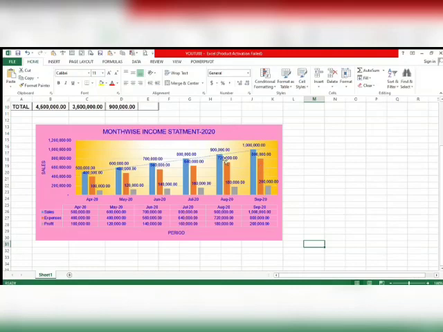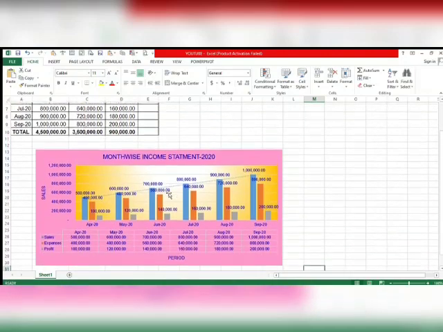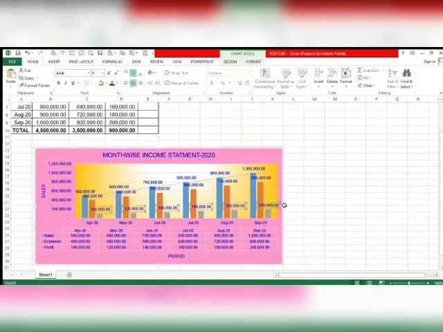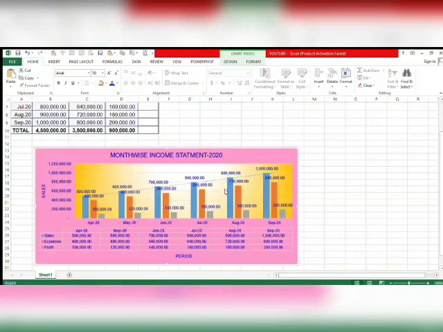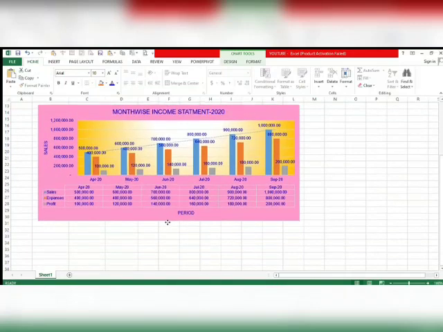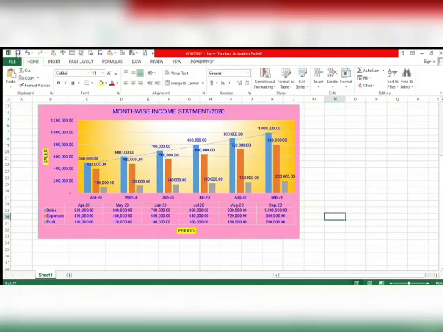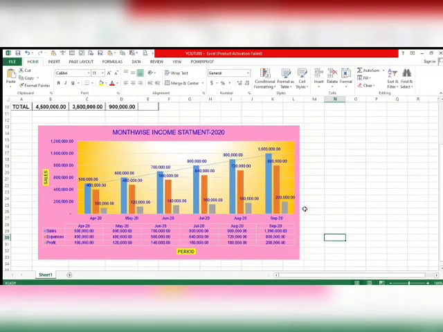So let's see what is happening in the bar chart, what is the usefulness of the bar chart. See, here we can put another one also like this. That depends on our requirement, we can do whatever is required.